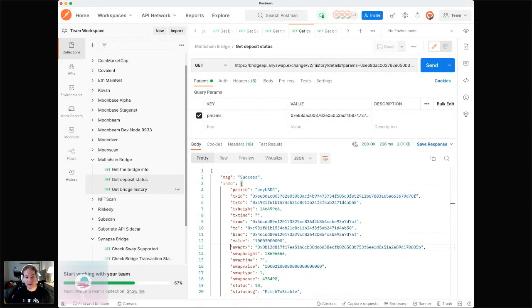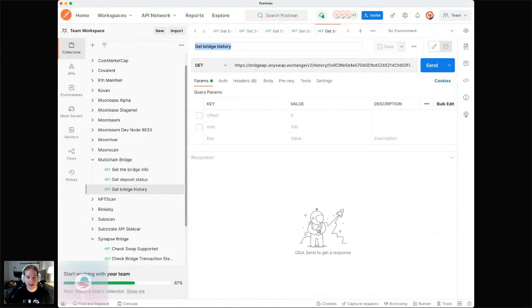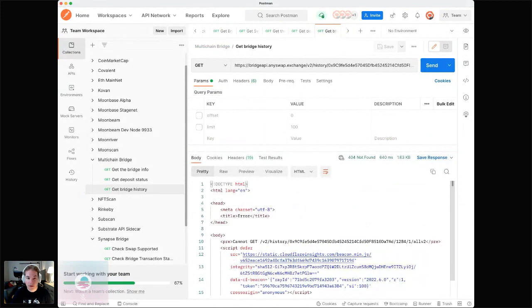There's one more method that we could take a look at. We could look at get bridge history, and you can also provide a parameter here. I think this one was actually one that was not working for me. So that's why I was thinking the documentation was just a little bit outdated. So we'll skip over the history one,